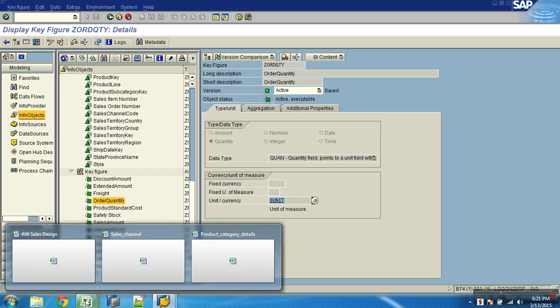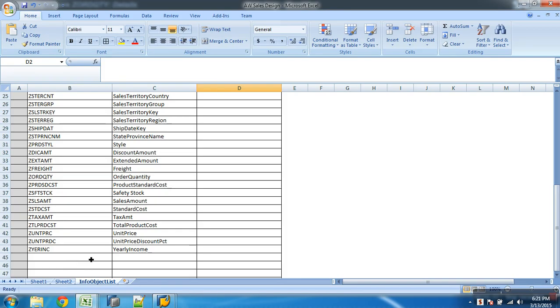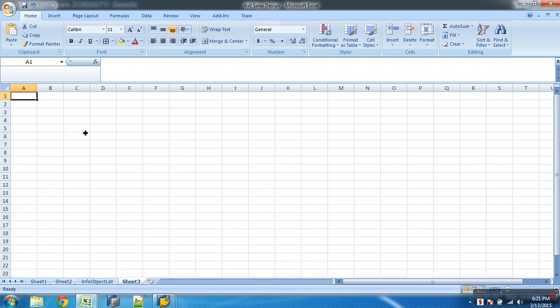Now we'll have to start using these InfoObjects and model. The next step would be what? Modeling your master data tables. Before I go to the cube, I'll focus on creating master data, then I'll get onto the cube. Once master data is created, can I reuse it for a number of cubes? Is your master data outside or inside a cube? Outside a cube. Once it is created, I can connect that to n number of cubes. Okay, good.